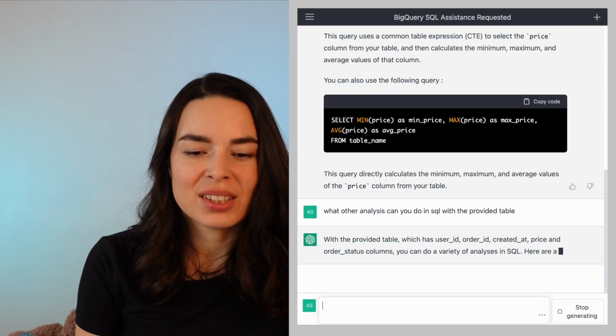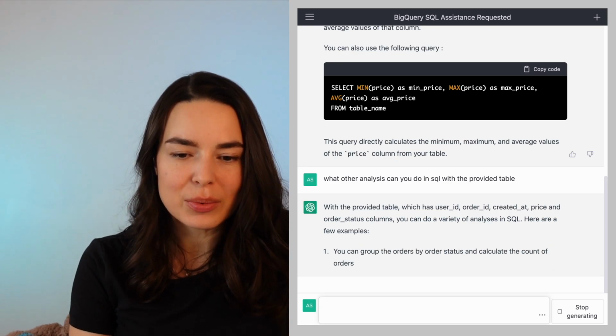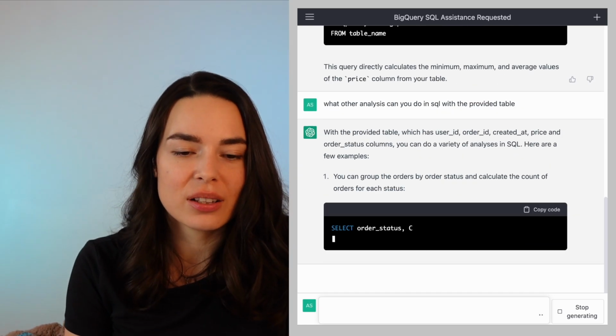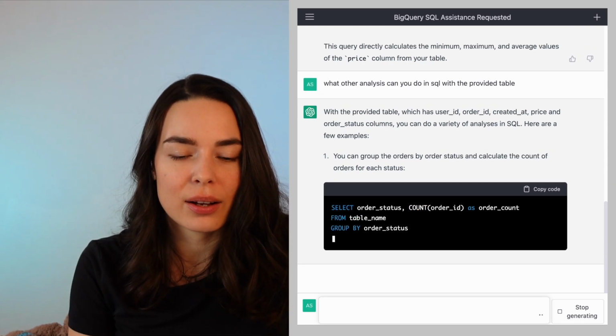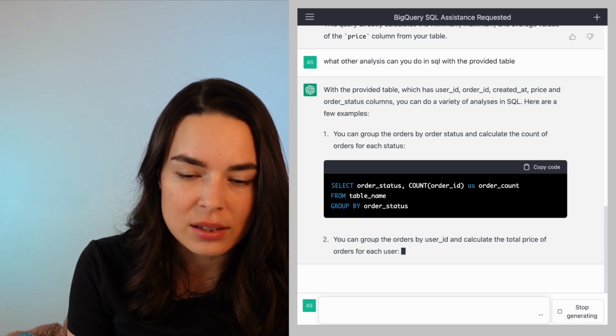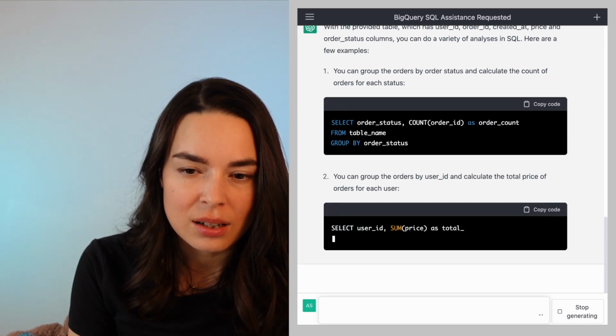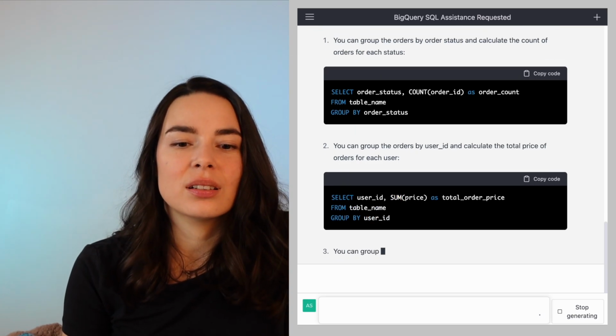So with the provided table, which has user ID, order ID, created at, price and order status columns, you can do a variety of analysis in SQL. Here are a few examples. You can group the orders by order status and calculate the count of orders for each status. That is correct. It does work,